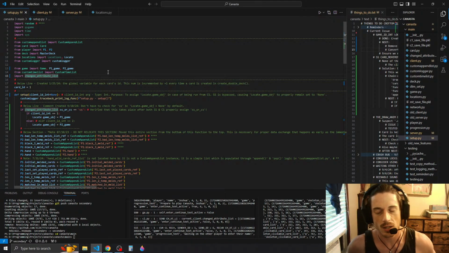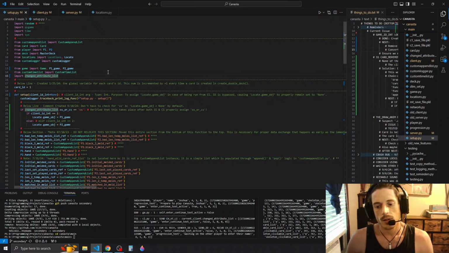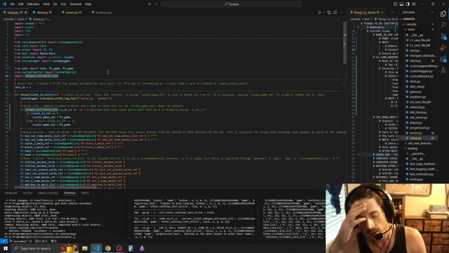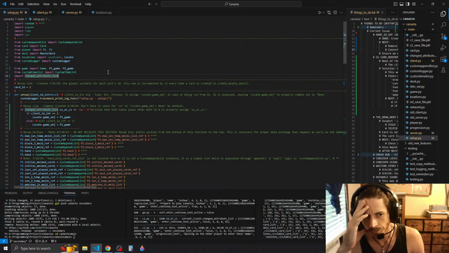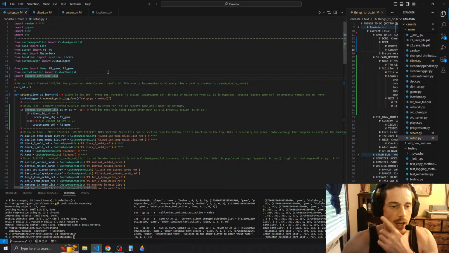Because I'm thinking, wait a second, how does card movement gain access to the locate dot game object? Well, it would have to,